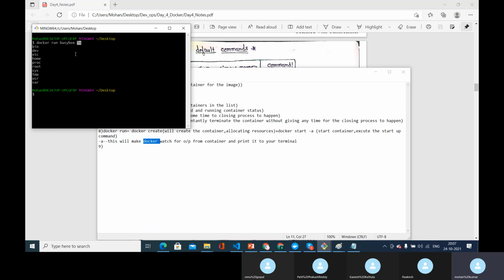Agreed? If I want to execute two commands in the console, let's say ls on the console of this container, and also echo hi there. I want to execute two commands. If I have to do two commands in one go, again I would have to run docker run busybox and then give echo hi there. But the criteria is I have to do both commands with only one container creation. Hope you understand the criteria.